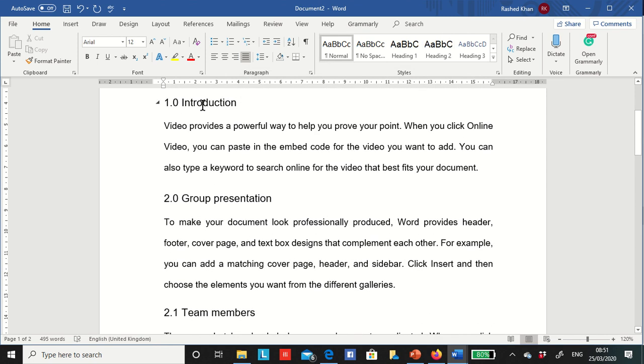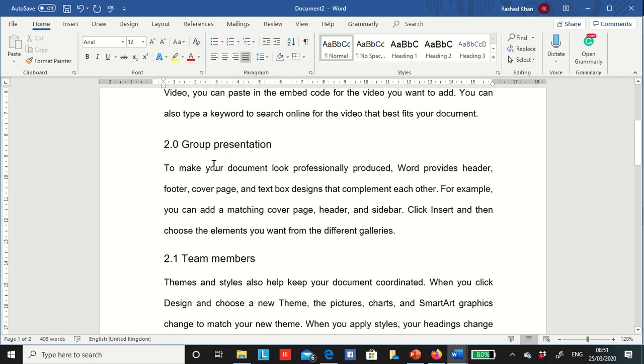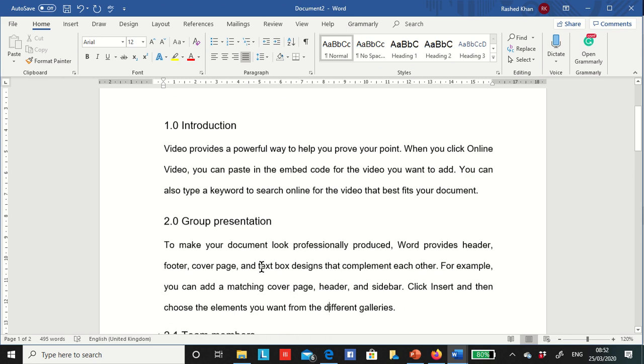So you can see all the headings and subheadings are created and modified.